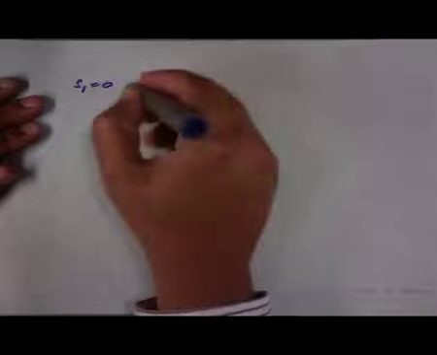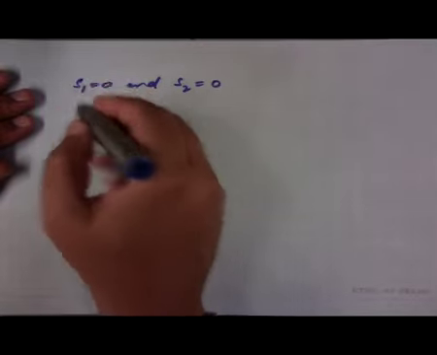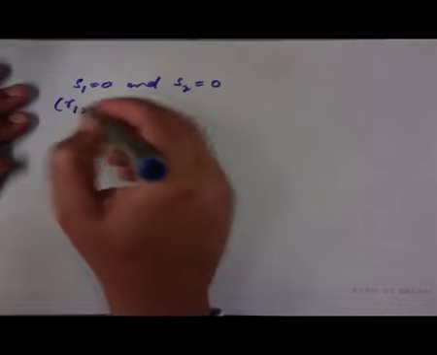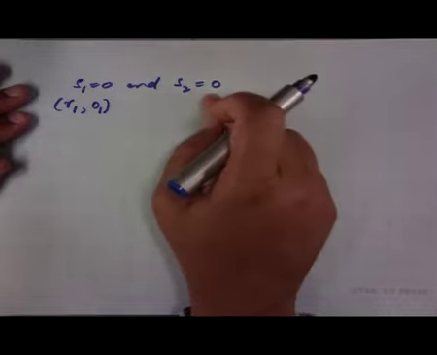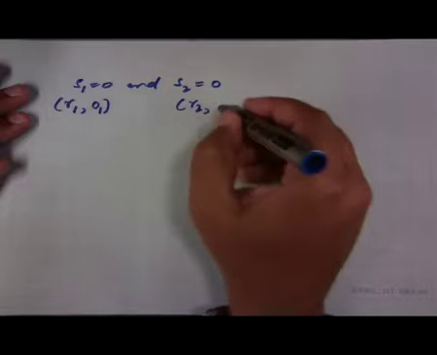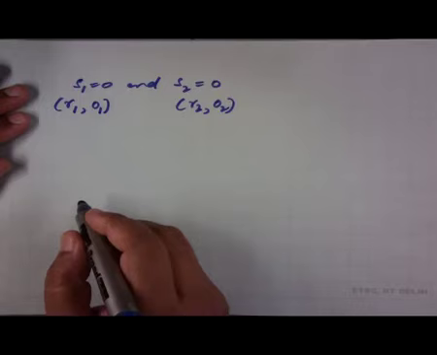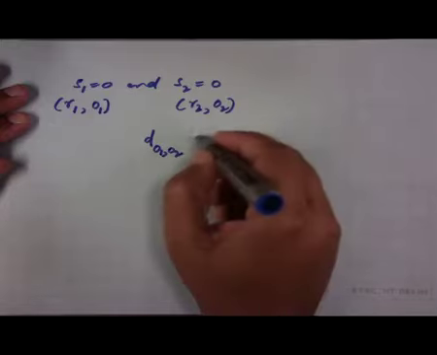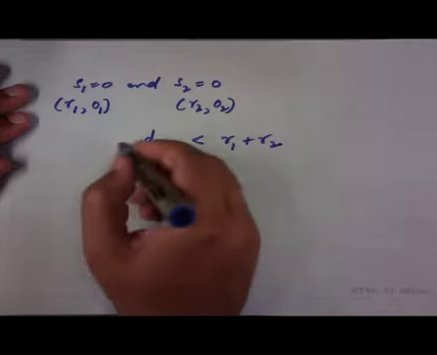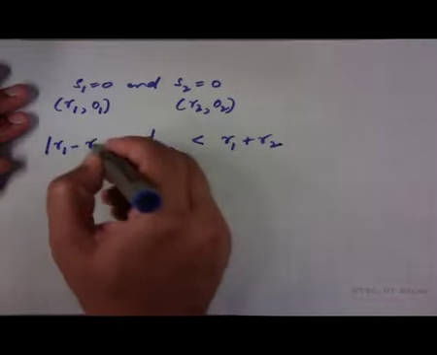Moving ahead, if we recollect, we had said that if there are two circles S1 equal to 0 and S2 equal to 0, and let us say that the radius of this circle S1 equal to 0 is R1 and the center is this point O1, and this circle given by equation S2 equal to 0 has radius R2 and center at O2, then we had made this remark that if the distance between the two centers is less than the sum of the radius, and if it is greater than the absolute difference between the radius of the two circles,